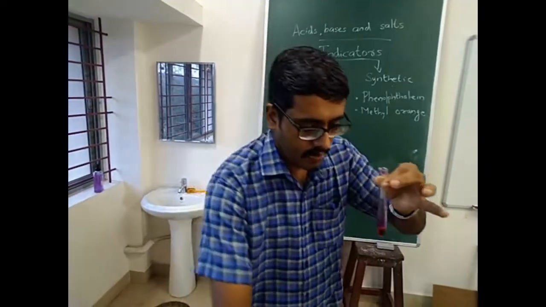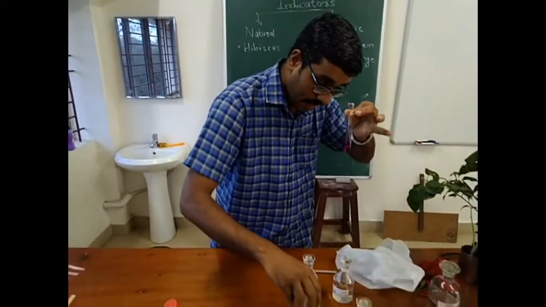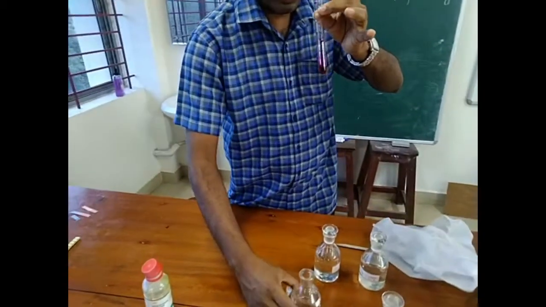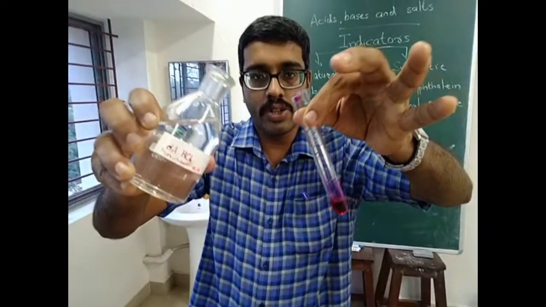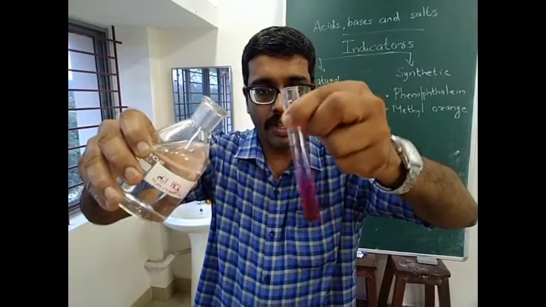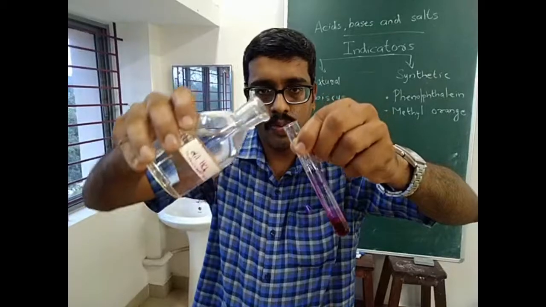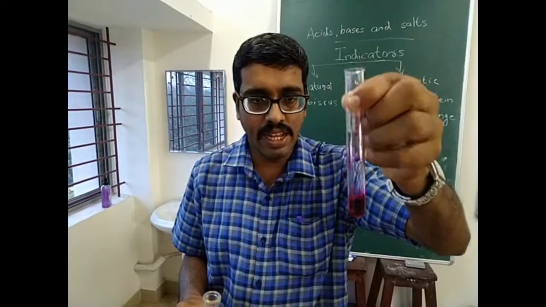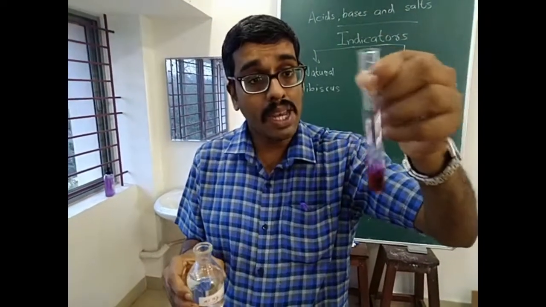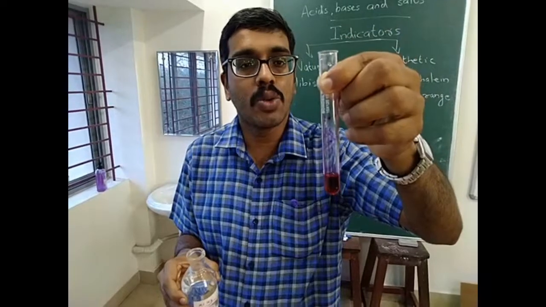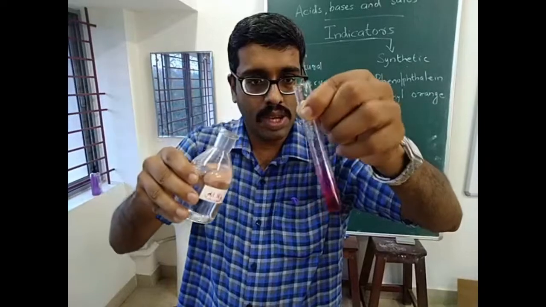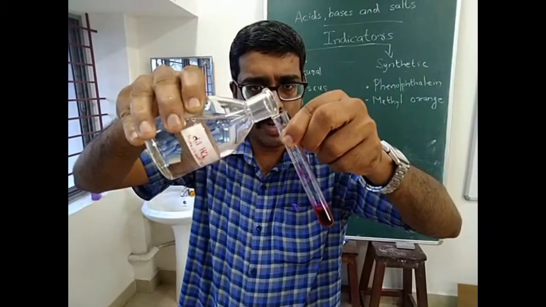Now I am going to pour dilute HCl, dilute hydrochloric acid, into the test tube slowly, drop by drop, and shaking the test tube also. Is there any change? Still the solution is basic in nature, more base is there, even though I added some acid. Now the quantity of base is more in this solution, that is why it does not change into any other color. Again 2-3 drops, no change. I am adding a little more.